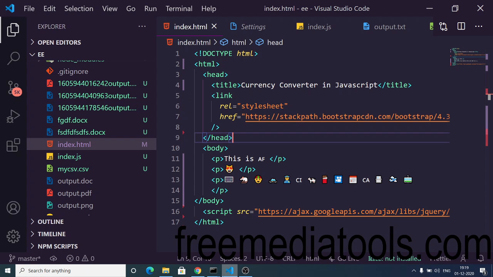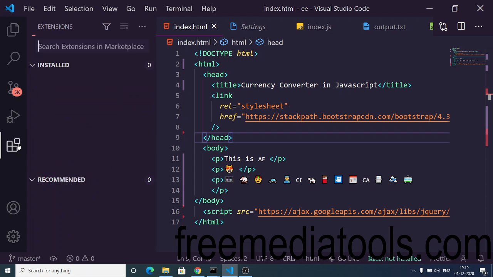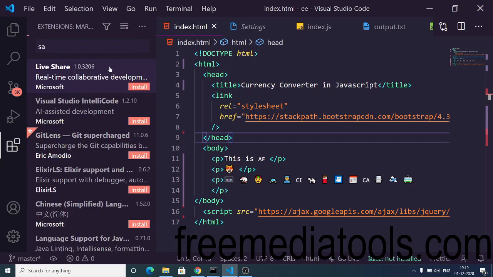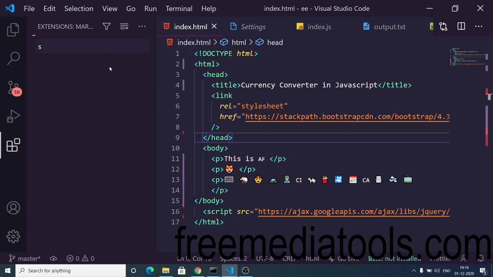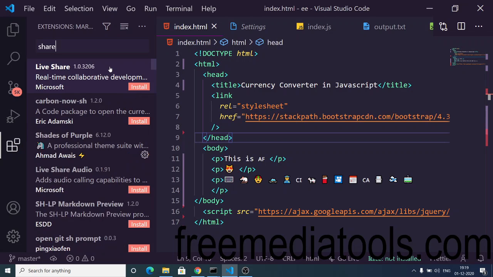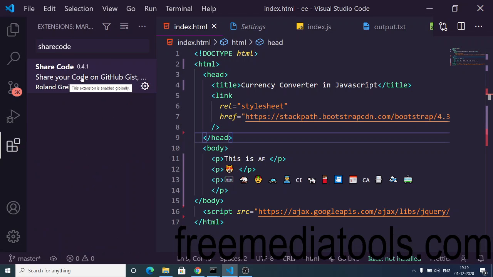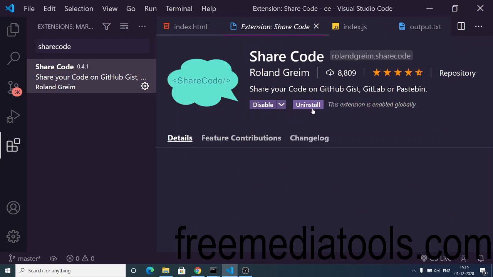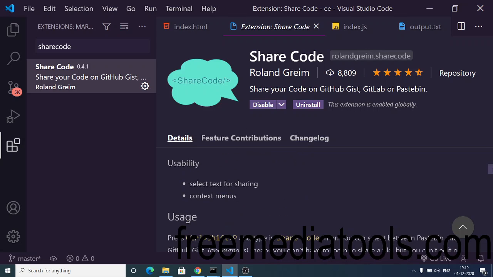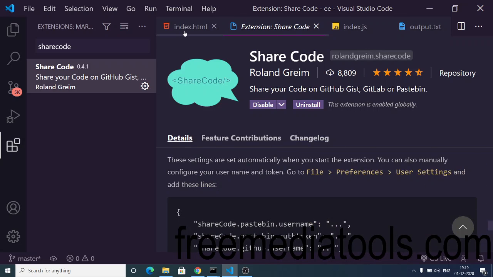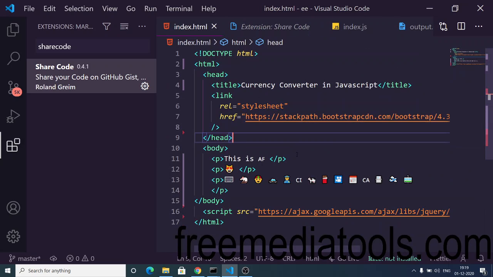And if you open VS Code, there is an extension. Go to the extension tab, and here you need to simply search for the extension, which is Share Code. So here you will write Share Code, and the first extension which comes in, the only extension, is Share Code. You need to simply install this plugin, and after you install it, just restart Visual Studio Code. Once you restart, you go to the code snippet that you want to share,